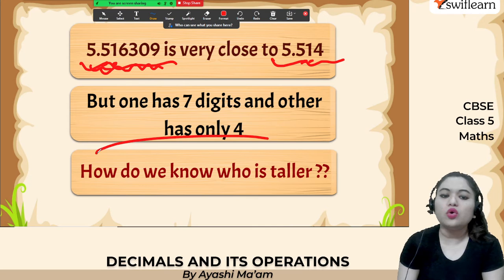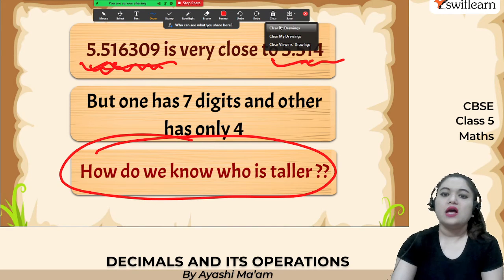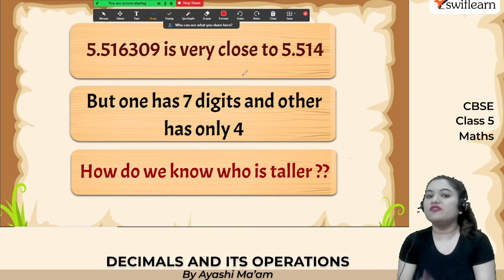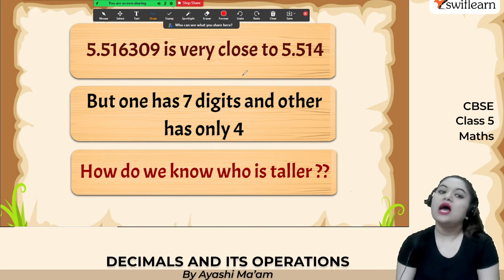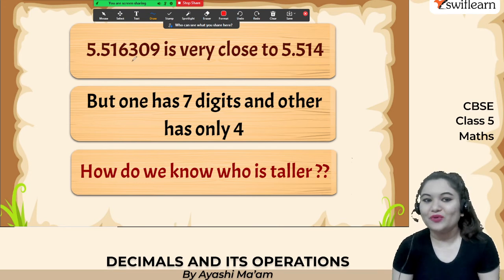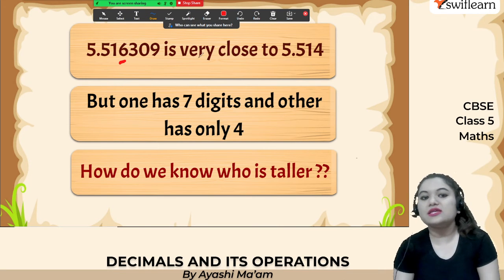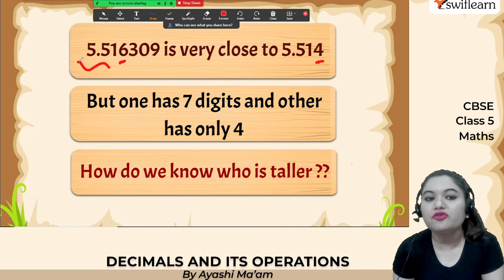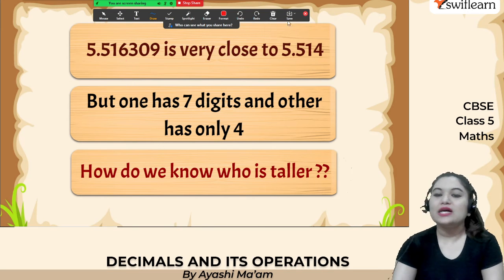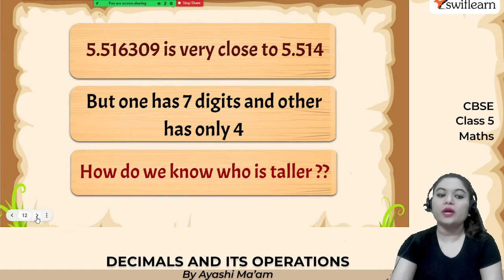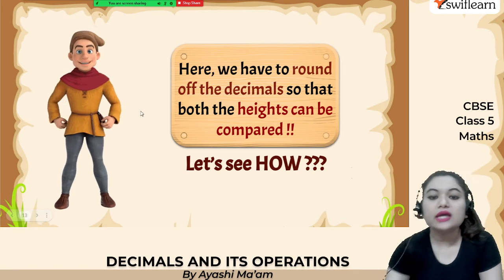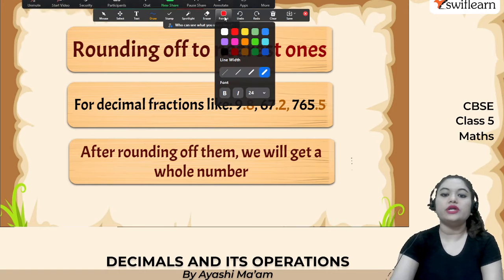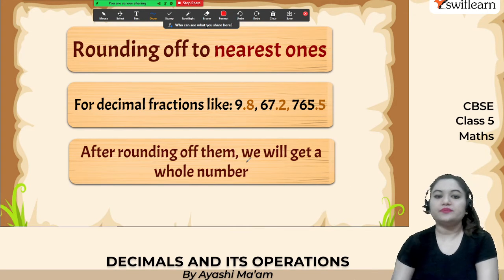So how do you know who is taller? We can use rounding off over here, and in the previous part I have taught you about comparison. With the help of comparison also you can find out, right? See, in the 100 place here you have 6 and here in the hundreds place you have 4. So definitely 6 is greater than 4, so definitely this is greater, right? By that method you can find it out, but learning about rounding off is very important so that we can compare the height. So now we want to compare the heights with the help of rounding off. So how are we going to do it?